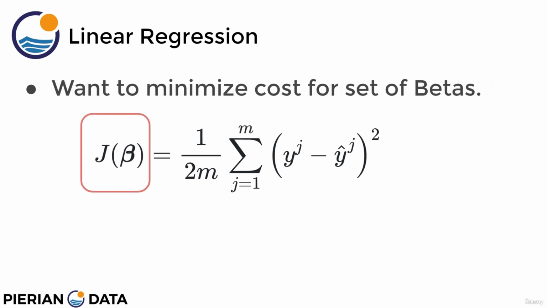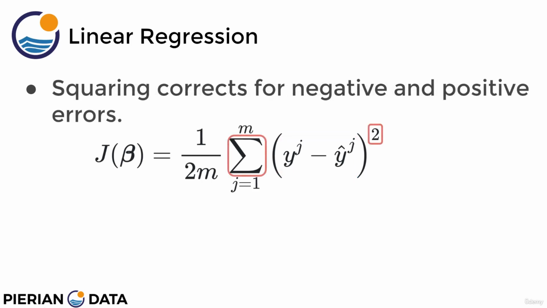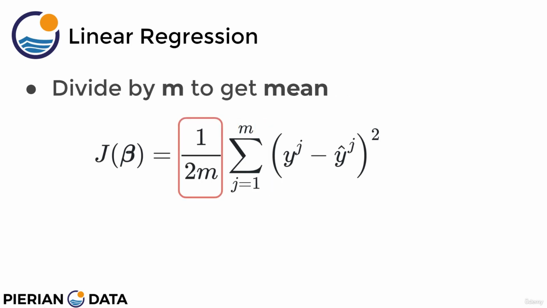So I want to minimize the cost for a set of betas. The error between real y and predicted y is just y minus y hat for some row j, and then I'm going to square it. What's also nice about squaring is it corrects for negative and positive errors. And then I'm going to sum it for all m rows, and then divide by m to get that